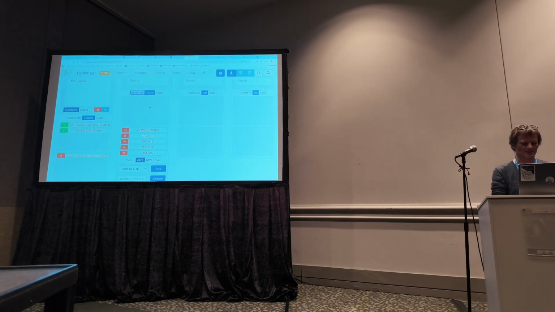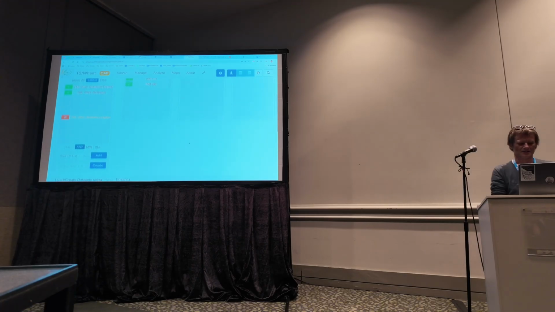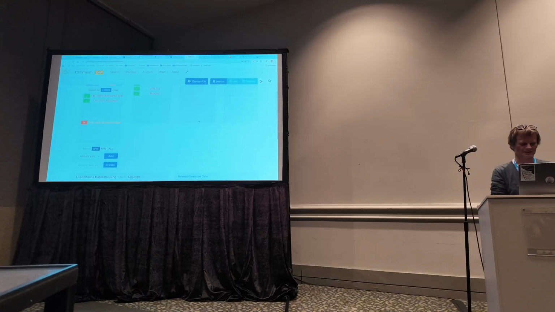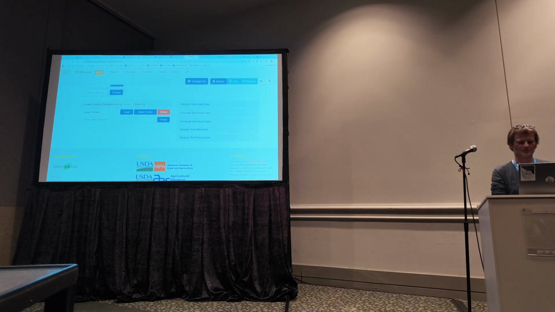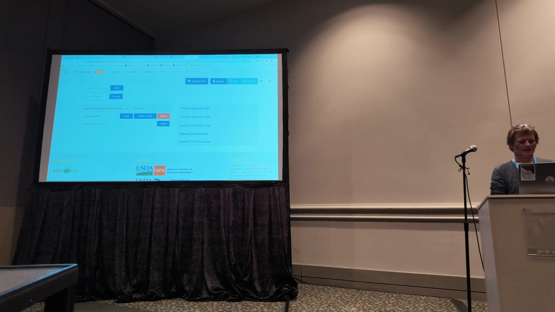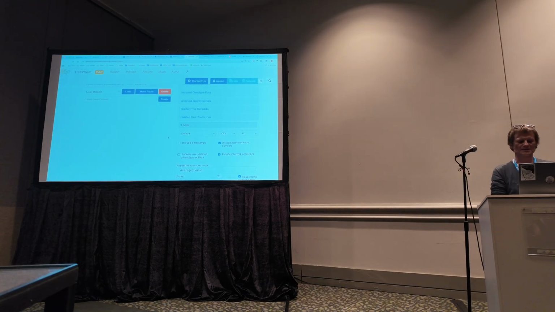Well, first of all, maybe before I select any, it's also relatively straightforward to go and download this data. Typically, down here in the bottom part of the wizard, there are these download buttons, and we can download related trial phenotypes.